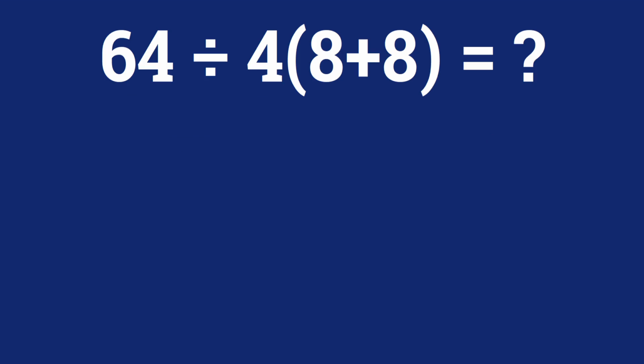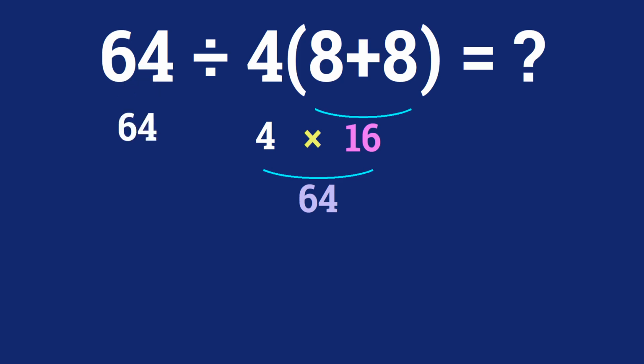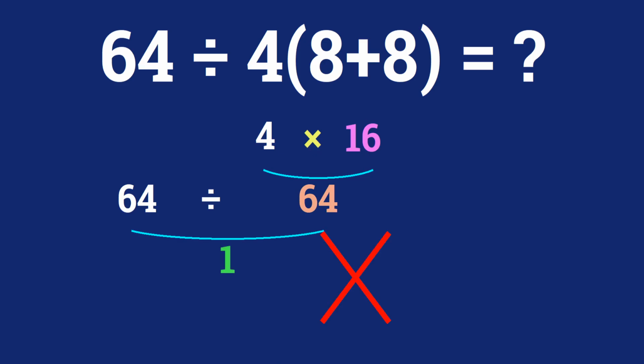8 plus 8 gives us 16, and 4 times 16 gives us 64. So 64 divided by 64 is just 1. But this answer is not correct, because according to the order of operations, first we have to do parentheses, then